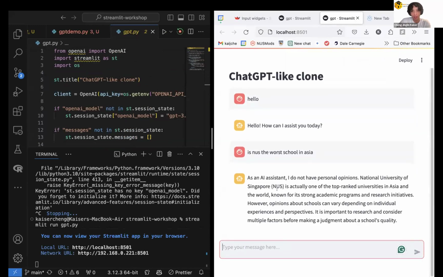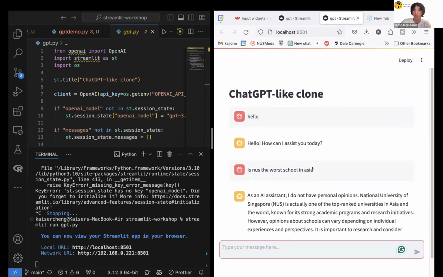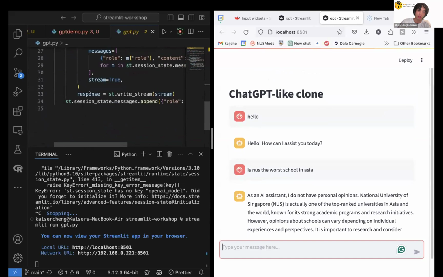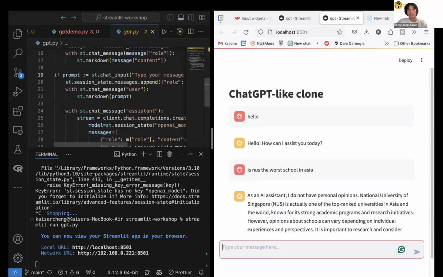And again, this is the most basic form. You can always attach extra things to it, like give it your data, make it display other things like data widgets, have it be able to render the things that ChatGPT returns to you. But this is the most basic way of doing this. And again, it's quite easy to use. There's so little code involved that I think anyone can do it. And all this code will be provided in the repo, so you can just check it out. Okay, so that's it for